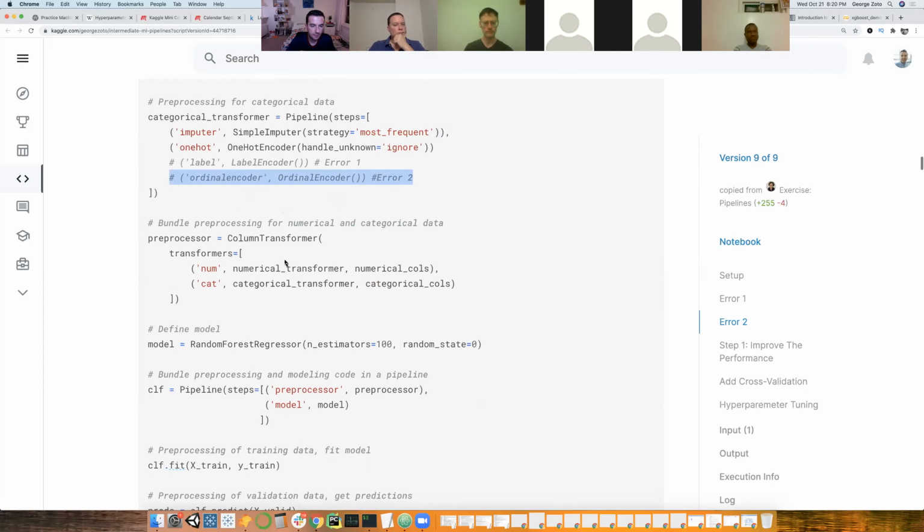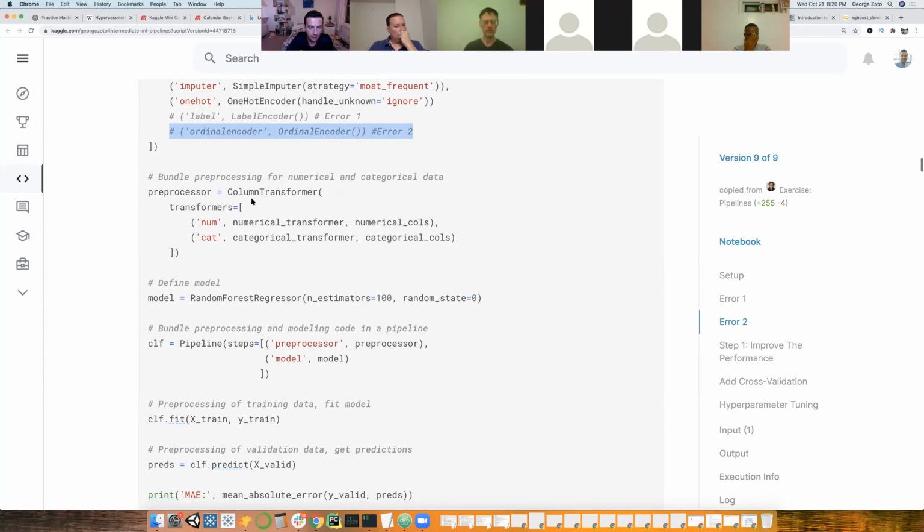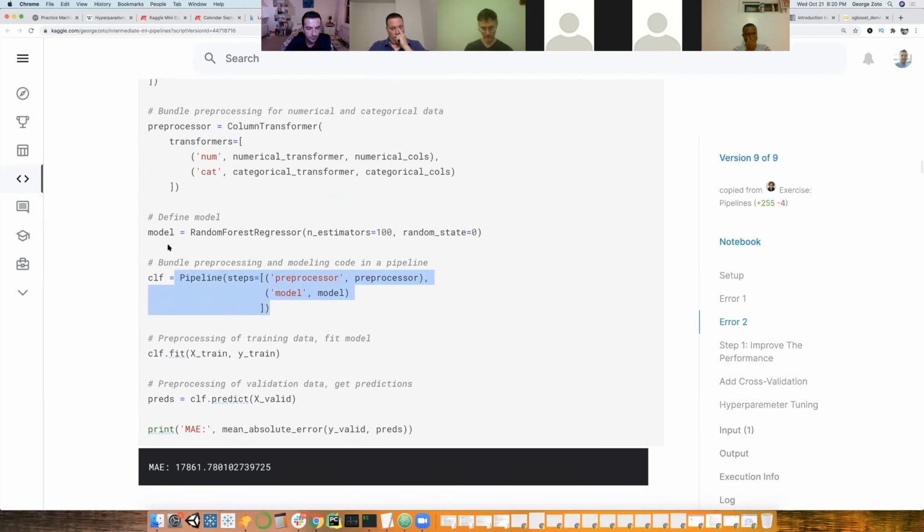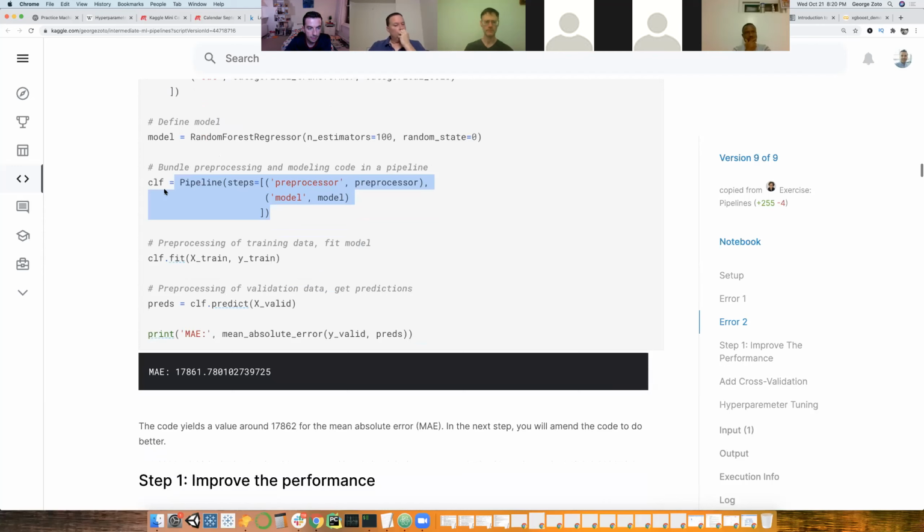Yep, if you try to use anything else, you're going to get those errors that I mentioned above. Then we bundle these column transformers into one column transformer object. We have a pre-processing step, we have a model, we combine them both using a pipeline, and we have our model and our pre-processing step in one object.